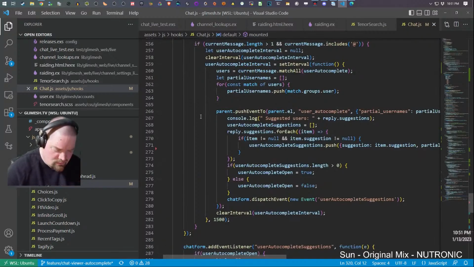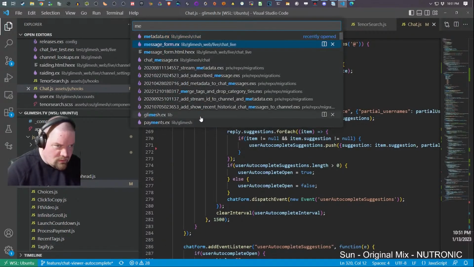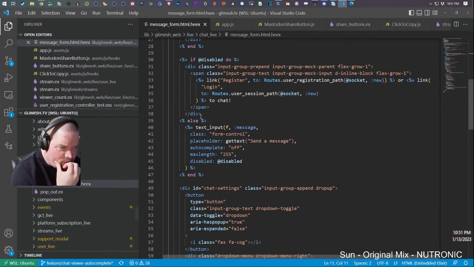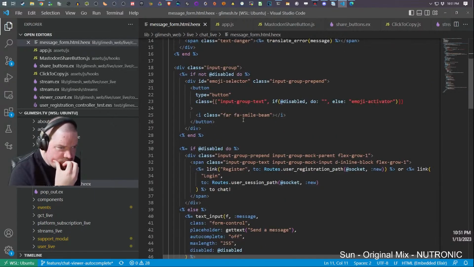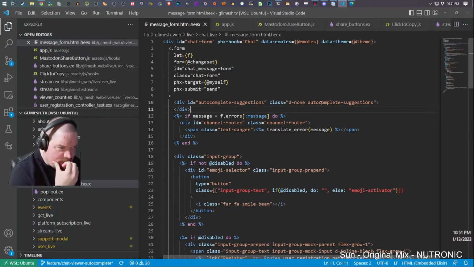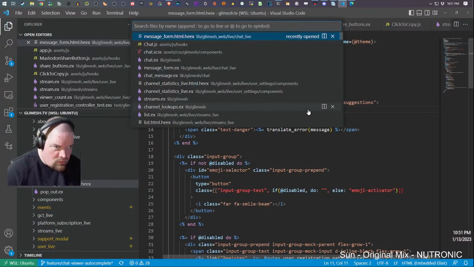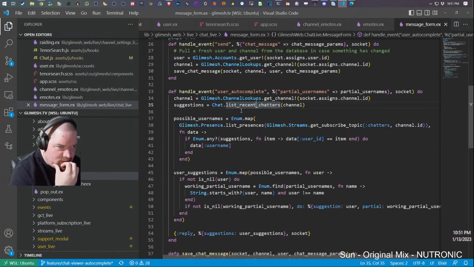It's just the message form. I didn't do anything weird on here, other than add this div, which will always be there. And message form EX, I added the handle event for it. So I'll have to test the handle event. That's not a big deal.